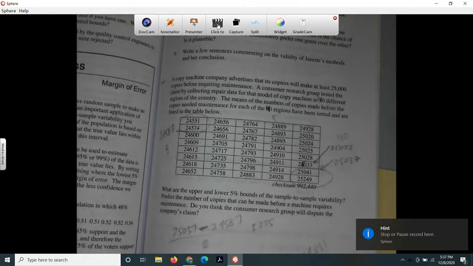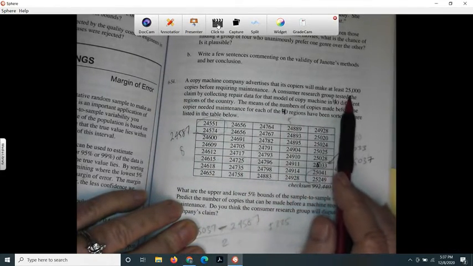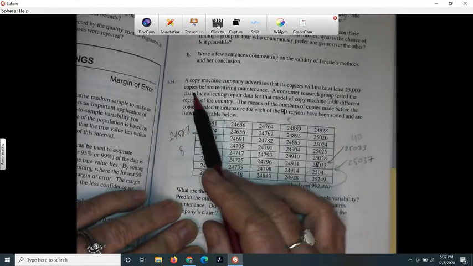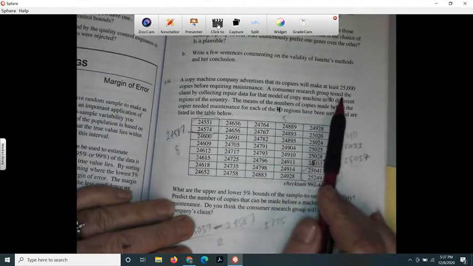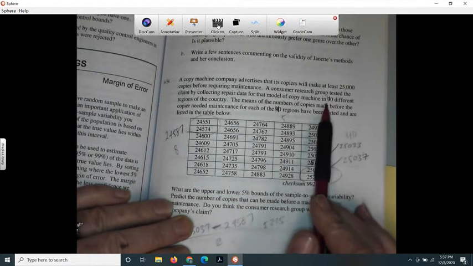This is Integrated 3, problem 6-54. It says a copy machine company advertises that its copiers will make at least 25,000 copies before requiring maintenance. A consumer research group tested the claim by collecting repair data for that model of copy machine in, it says